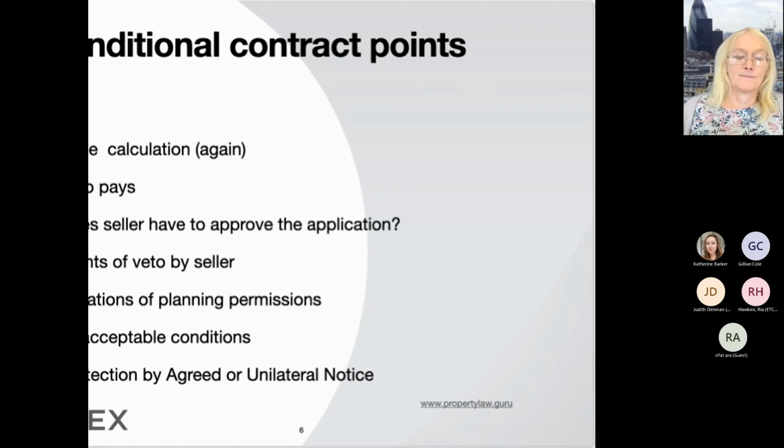Long stop dates. Normally, there will be a provision in the document saying that if you get up to the end of the 2 years and there's an application in, but it hasn't been decided and it's still being negotiated, that the option period can be extended. Usually, if the builder wants to extend it, it could be extended another 6 months, and then another 6 months, and then another 6 months. But there comes a time when both parties think to themselves, we've had enough of this, we want to pack it in. So that's what the long stop date is.